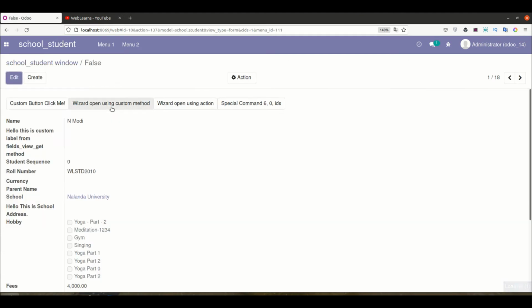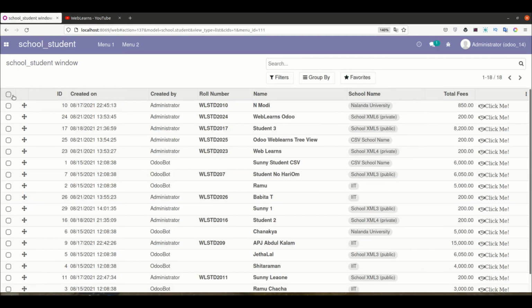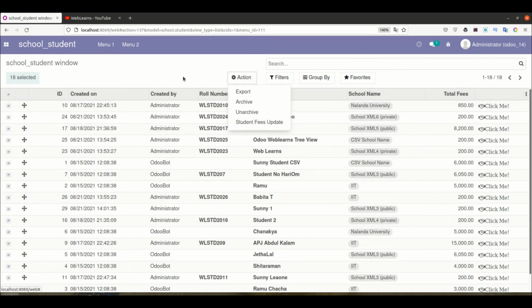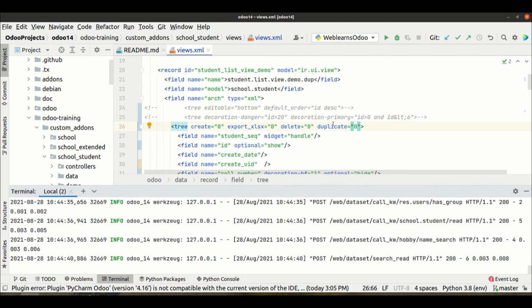I go here and try to see, and it's still there. It's not visible in the list view, and obviously by default that option is not visible there. But somehow this attribute is not working in the form view, right?